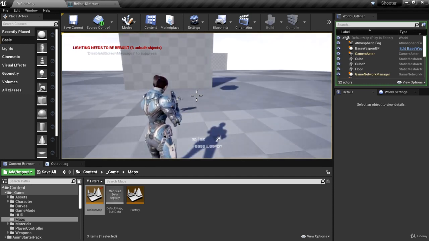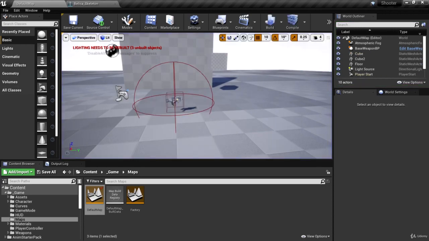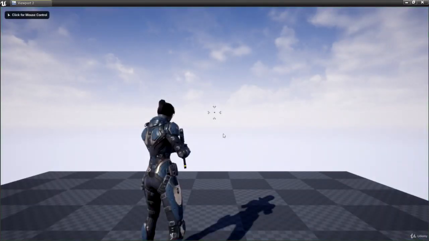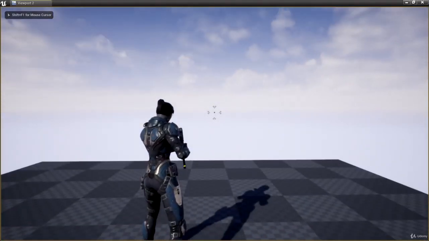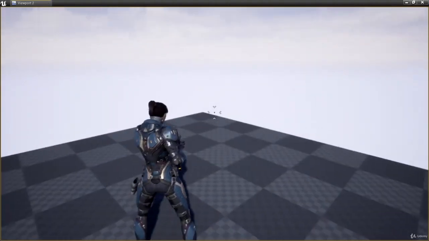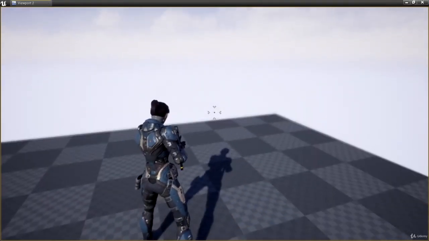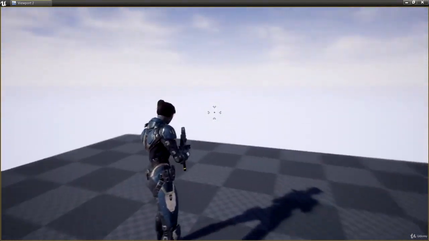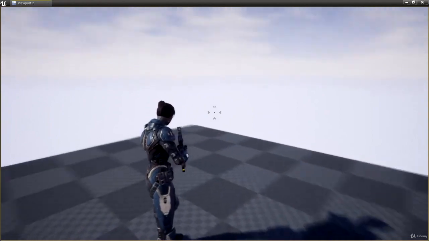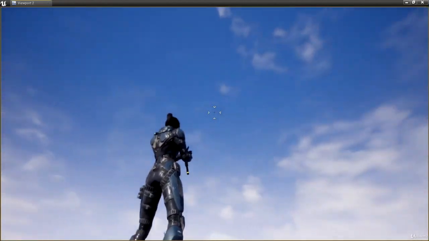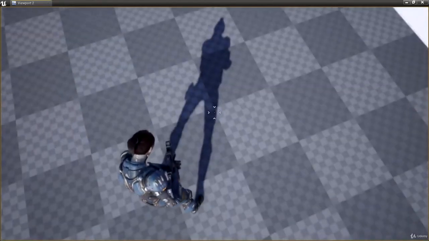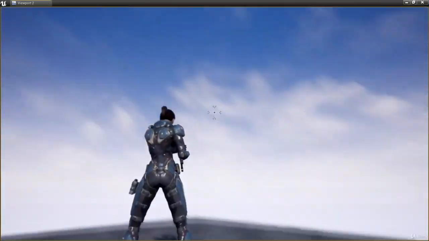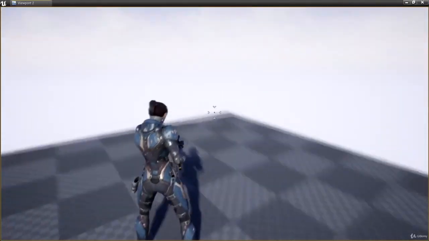Now, as far as the behavior that we would like, take a look at this particular screen here. Here I have our character, and I'm going to turn using my mouse, and you'll notice that her feet stay still, but the top half of her body is aiming along with my gaze. And as I look up, she'll point the gun upward, and if I look down, she'll point the gun down. So she's actually aiming the gun in the direction that I'm aiming, and her feet are staying